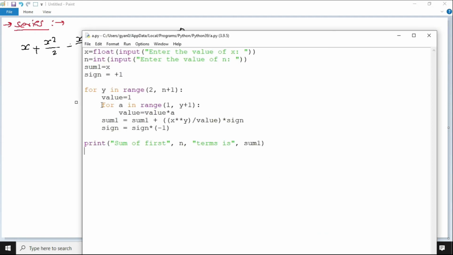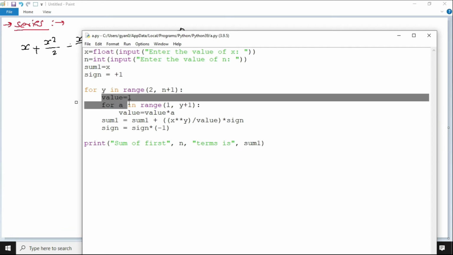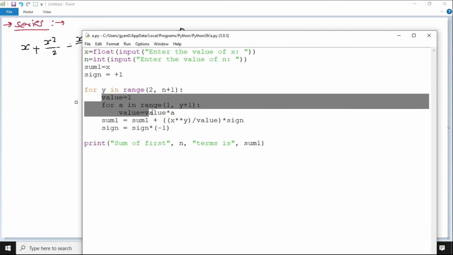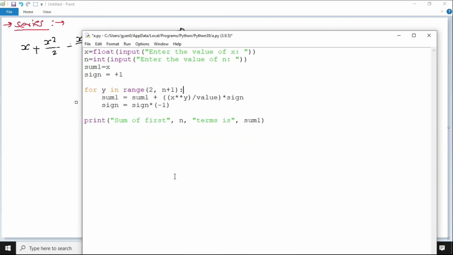Now actually we do not need to calculate this value here, because this value was used to calculate multiplication from 1 up to y. But here we do not need value. What here we have to do is we have to directly divide it with y. We do not have to divide it with a multiplication from 1 to y. We have to divide it directly with y.